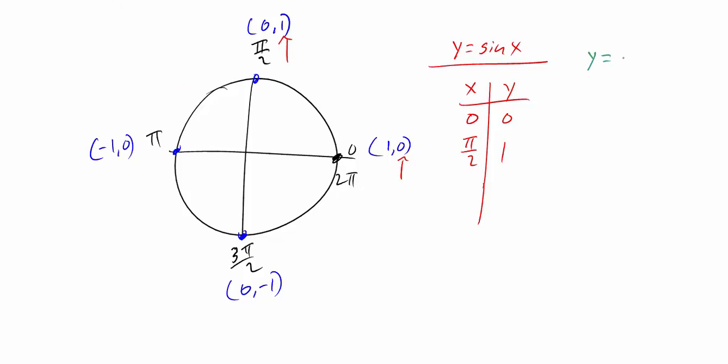If we look at y equals the cosine of x, if we start at 0, we get out a value of 1. And then if we go to pi over 2,